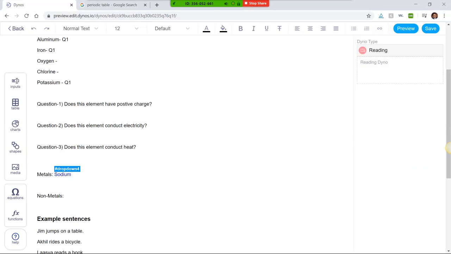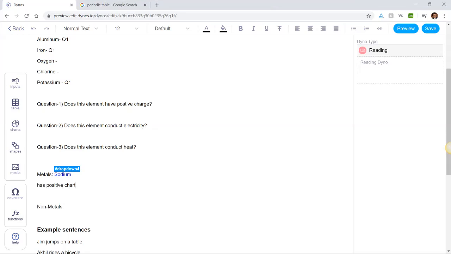For example, has positive charge, conducts electricity,